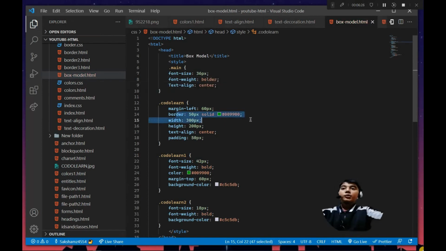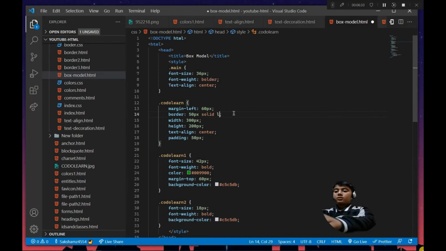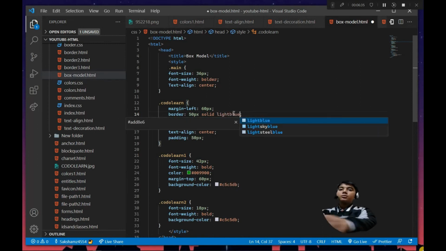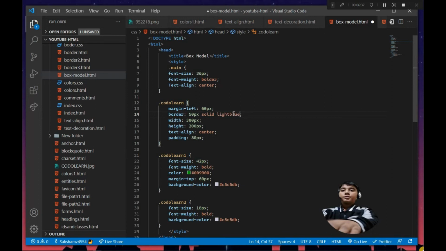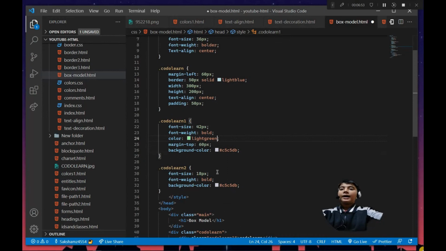And for codulan the colors, let's change this to light blue. Control S to save. And here let's change this to light green, and Control S to save.